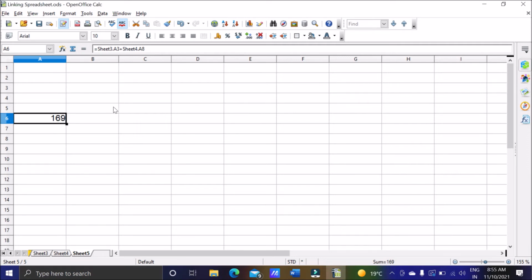We can reference a cell in the single sheet also. For example, suppose I have a value of 80 in this sheet, and I want it to be referenced in this one. So the same sheet we are referencing. You can see C3 was having this value 80, and I want this value in D3 also. So I will write equal to, and I will write the address of the cell, that is cell referencing. I got the result as 80. This is cell referencing in the same worksheet.